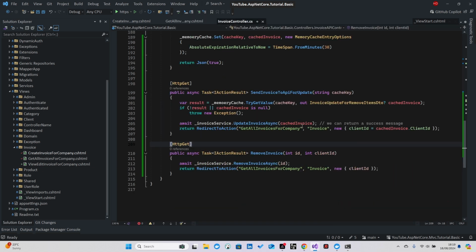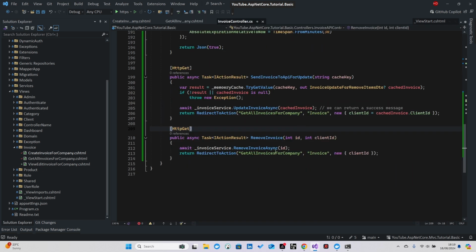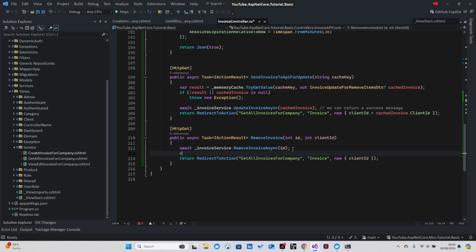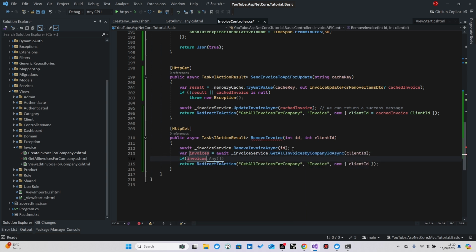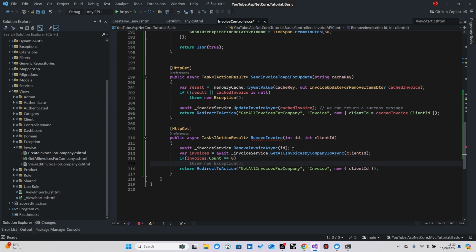Let's go to invoice controller. Okay, remove ID section, perfect. So I'm gonna var invoices, invoice service, get all invoices by company, use client ID. If invoices count equal 0, just return,